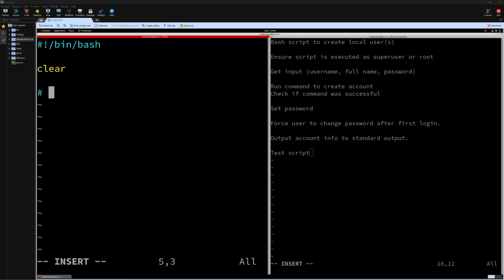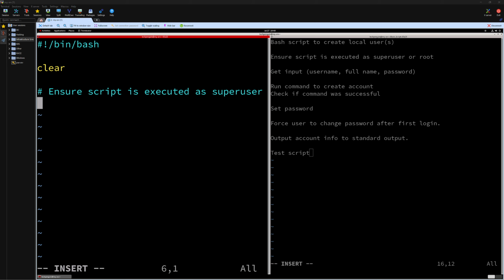We're going to add a comment in here: ensure script is executed as super user. I'm going to make this a little bit smaller. There we go. So we're going to run an if statement. If the user ID of whoever's executing the script is not equal to 0, because we know the root account ID number is 0, then